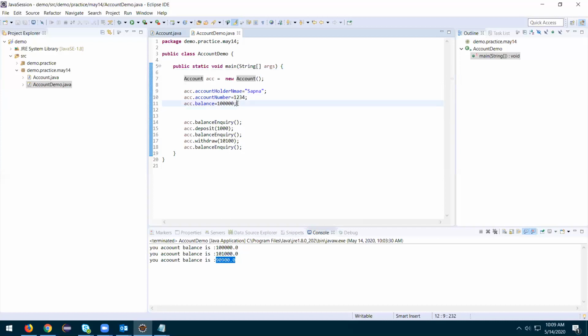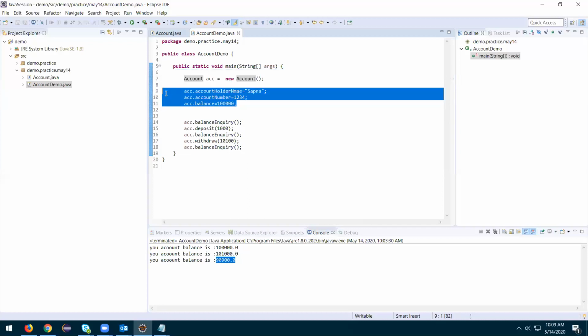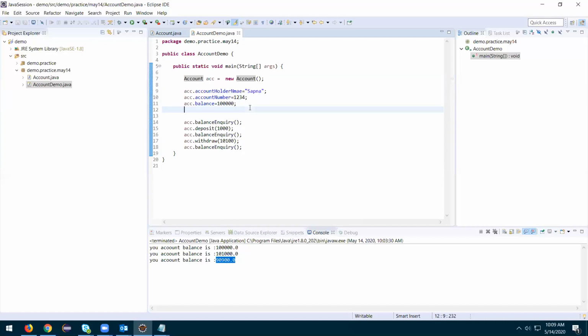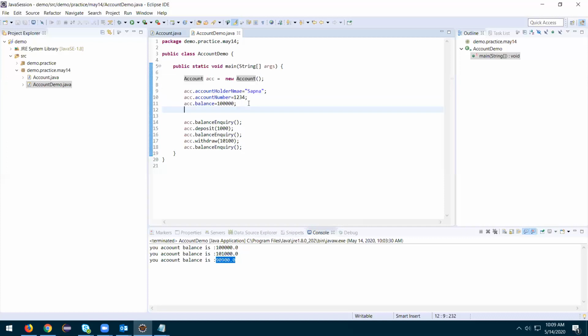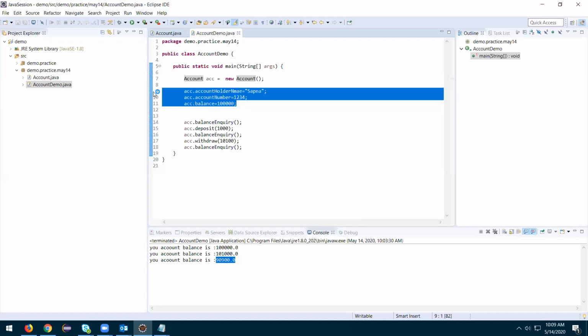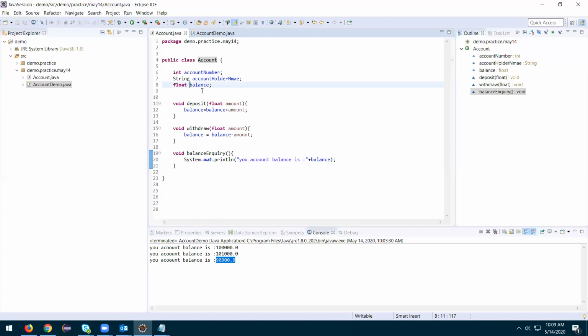This is like object creation and this is like initialization of the data, like what is the name of the account holder. These two are part of the construction of an object, where initialization will also be considered as construction of an object. So we can abstract this to a constructor. A constructor is basically a function, with the same name as the class name.